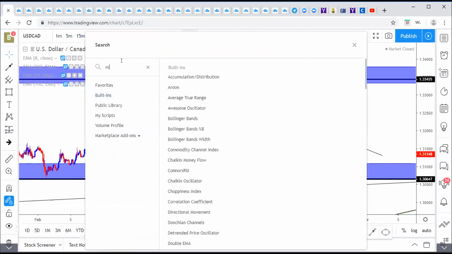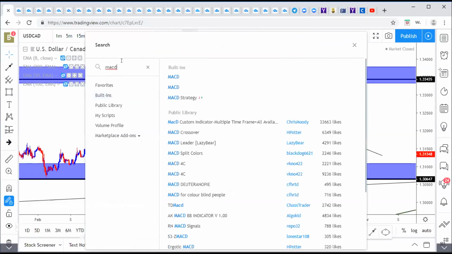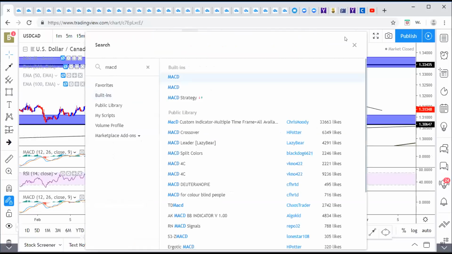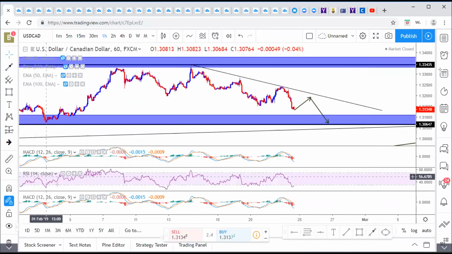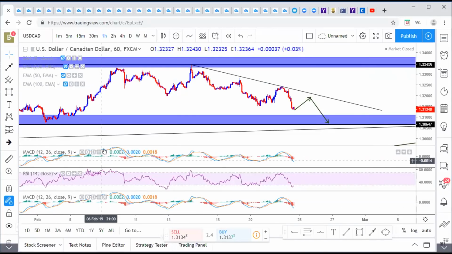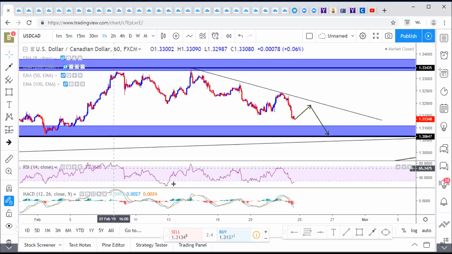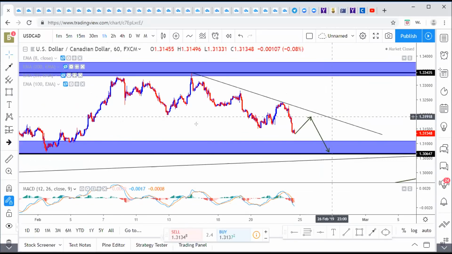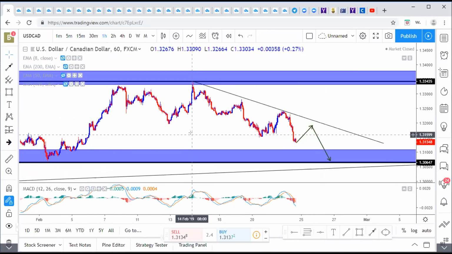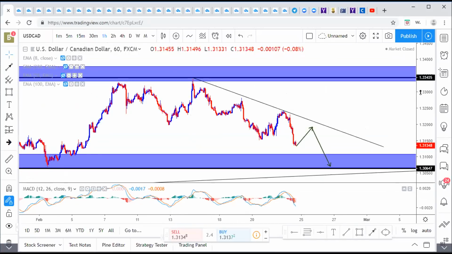Because the MACD really helps a lot of people knowing when those flag corrections are over. You can delete one of them, you got 2 on there. And you can delete that RSI if you want. I don't know how many of you are familiar with trading the bounce back strategy, but if you go down to your 15-minute,